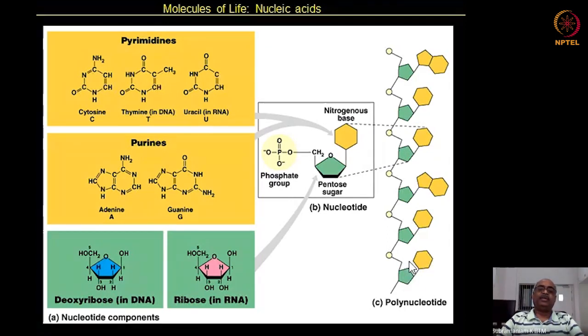And the other component is a sugar. We became familiar with glucose and fructose. Glucose is a hexose. Here what is present is a pentose, a 5 carbon sugar called ribose. And you may not find this attachment hard, because we know that the sugar molecule has alcohol groups, hydroxyl groups, and with that you can easily attach, the way one sugar is attached to another sugar. And similarly, to another hydroxyl group on the ribose, you can have